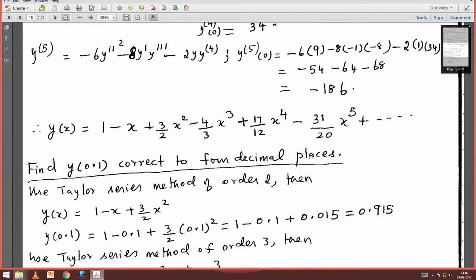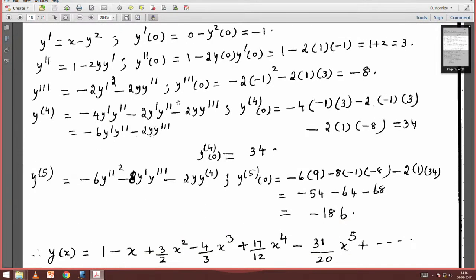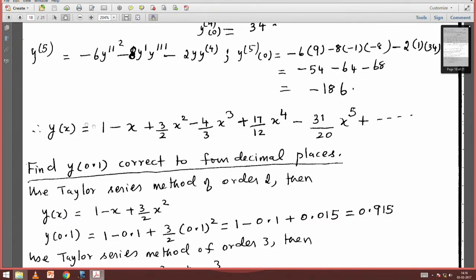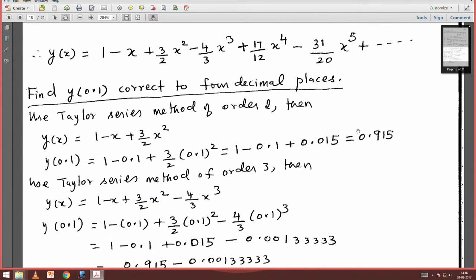x plus etc., where x is greater than 0 because the initial point is x is equal to 0. So, starting from 0 we march ahead and then determine the solution by this method. Or if you want to march backwards and get the solution say at minus 0.2, minus 0.4 etc., that can also be done using this expansion y of x is equal to 1 minus x plus etc., which is given by this. Now, the question is, suppose we want to compute y at 0.1, taking the step size h